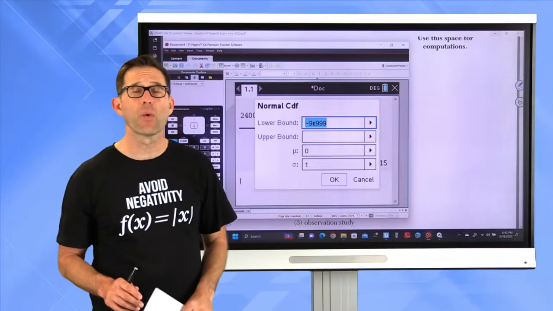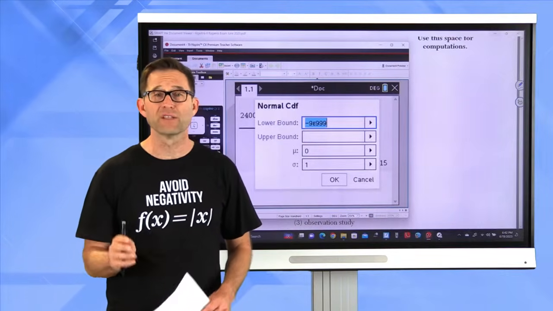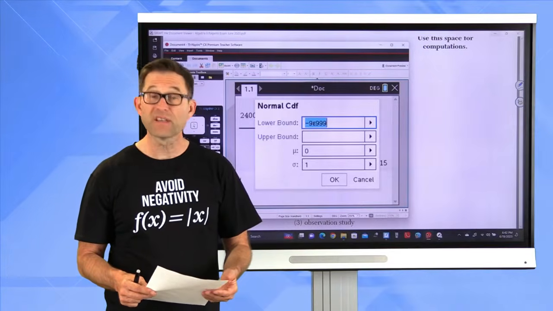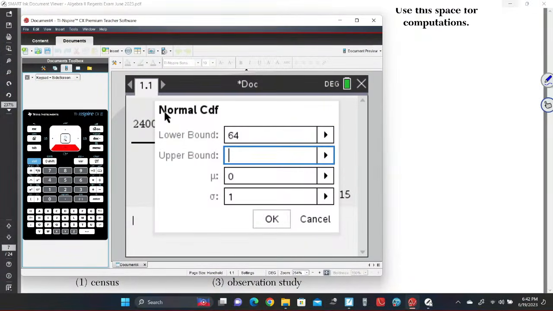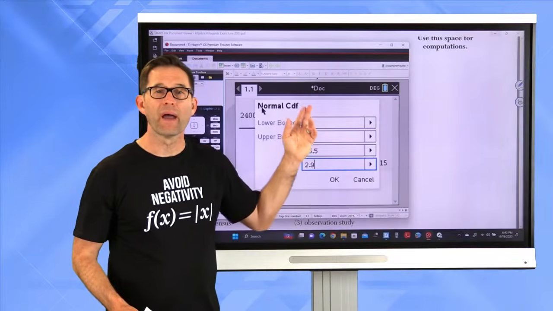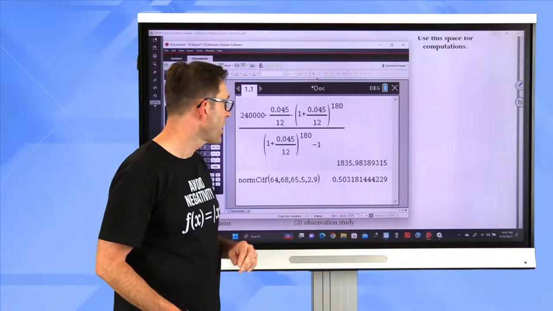Now, they ask, what is the lower bound? The lower bound is the first data point that you want the percentage between. They say we want it between 64 and 68 inches. So my lower bound is 64 inches, my upper bound is 68 inches. That little weird Greek character is called mu, and that's the mean, 65.5. And then sigma is the standard deviation, that's 2.9. So my lower bound, my upper bound, my population mean, my population standard deviation, and when I hit OK, it